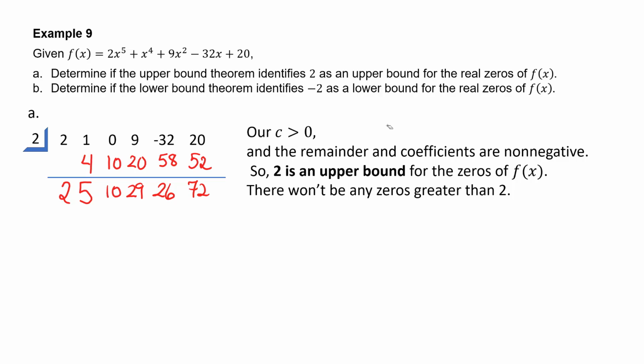So that's what this upper bound theorem is telling us. All right, if we want to determine if the lower bound theorem identifies -2 as a lower bound, the way to do that is we put the -2 in the bracket and we do the